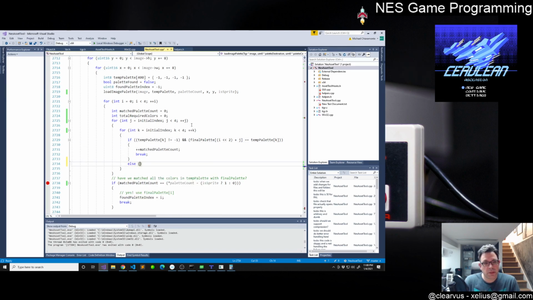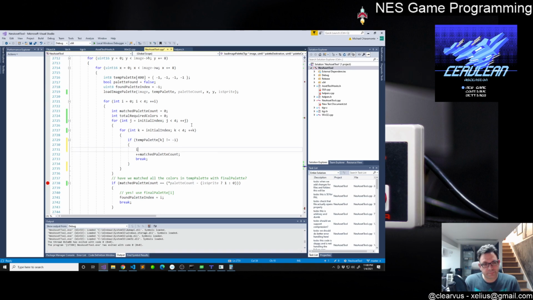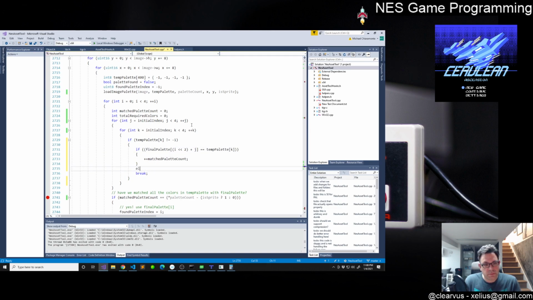Otherwise, let's do this. I'm going to break this up a little bit. Because we only care if it's not -1. But if it matches, then we do this. Otherwise, we do